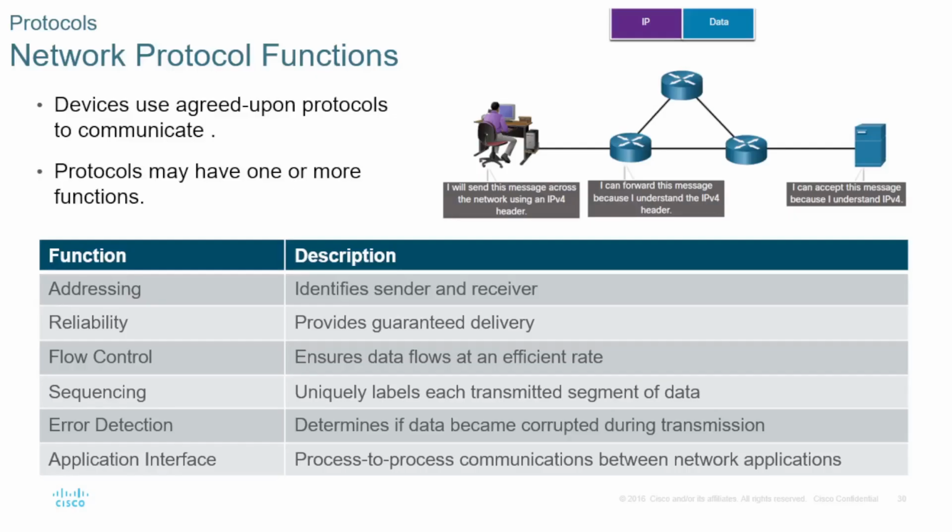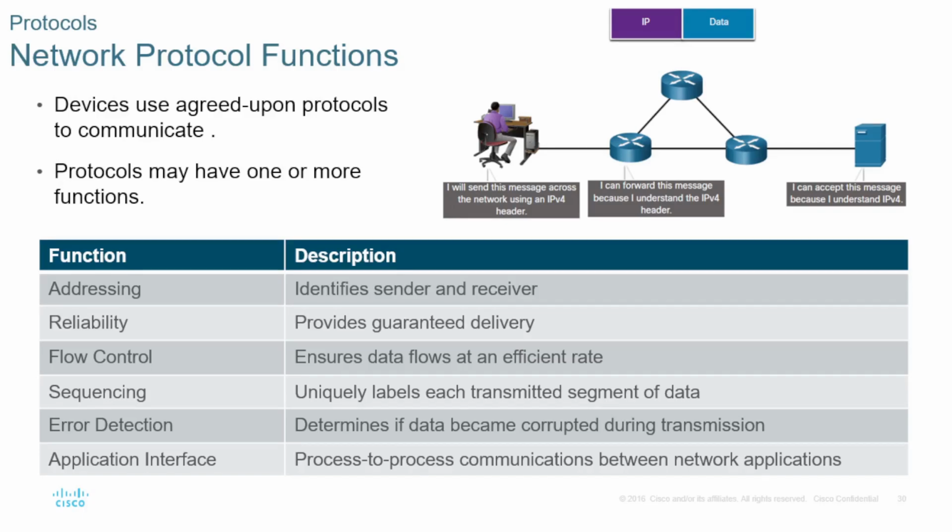Devices must use agreed-upon protocols in order to communicate. Each protocol may perform one or more specific functions to ensure communication is accurate and efficient. Some key protocol functions include addressing to identify the sender and receiver so that data reaches the correct destination, reliability to ensure that data is delivered correctly, even if the network is congested or errors occur, flow control to manage